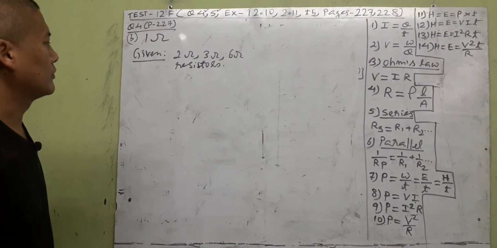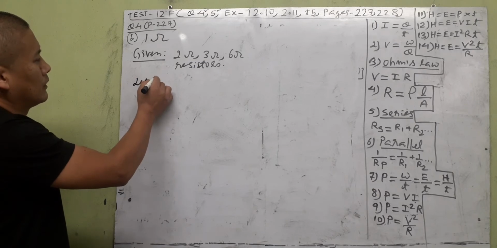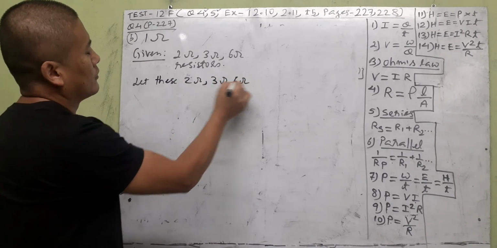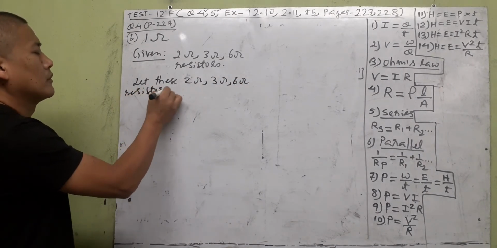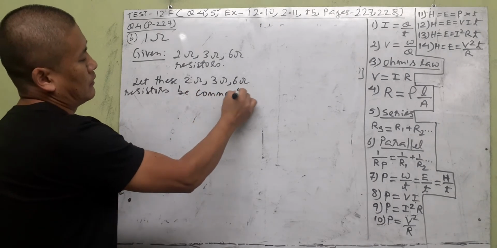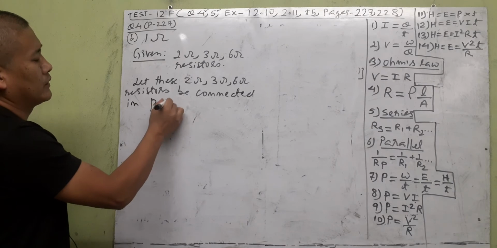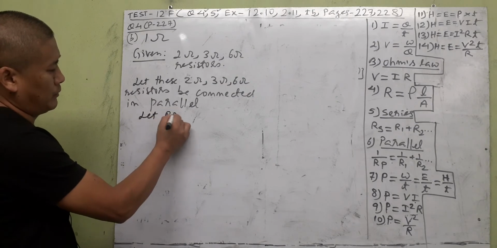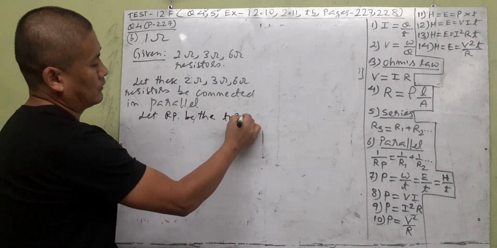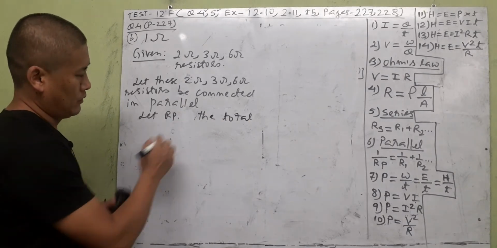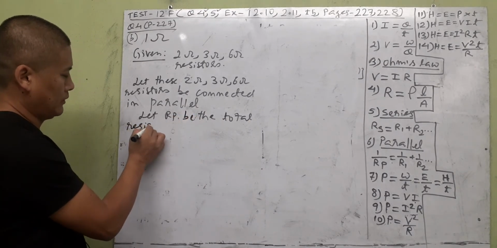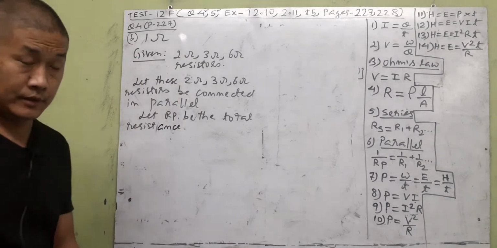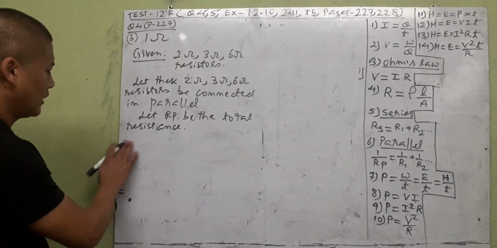The same set of resistors. So what is it? Let this 2 ohm, 3 ohm, 6 ohm resistors be connected in parallel, everything in parallel. Then we're going to get 1 ohm. So let RP be the total resistance in this case. Okay, then parallel means that formula number 6, reciprocal of total,